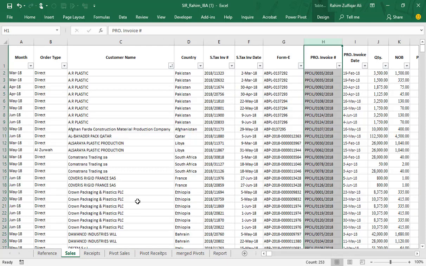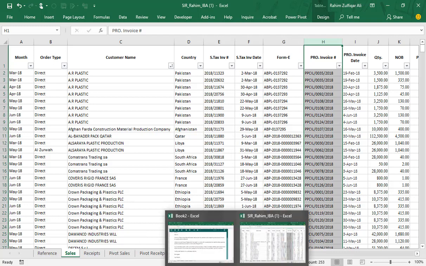But as far as I know, it includes duplicates at both ends. So what we have to do is create one more sheet, and make sure that in that sheet we maintain the invoice number. Every time an invoice number generates, we make sure that it is added in that column, and then we will connect that invoice table column with these two data tables in the Power Pivot. So first I need to select this column, copy and paste it in the new sheet, which I have already done. Let me show you.